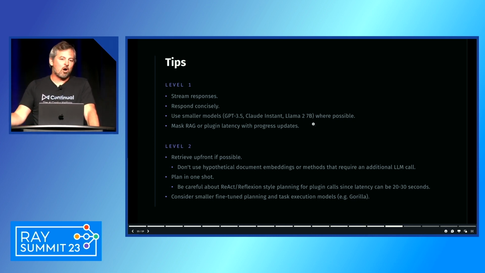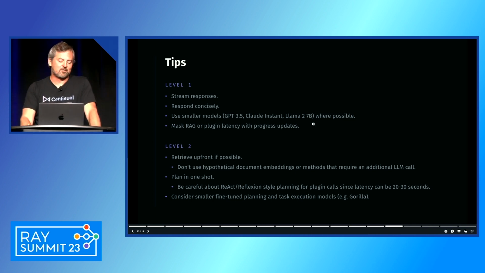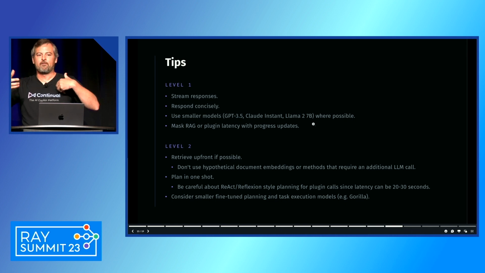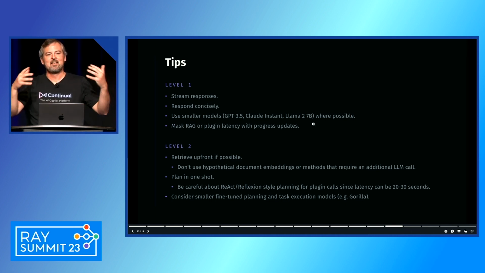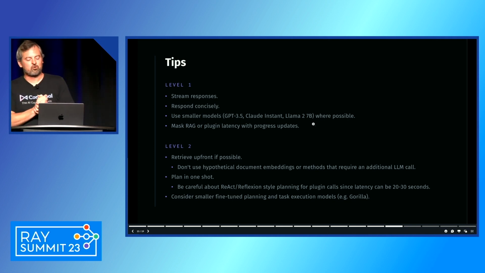If possible, also, if you are taking actions, try to do as much planning in one shot so you can plan and then start executing, right? If every time you plan an action, you have to wait for a while, that can really hurt the user experience. And so there's things like ReAct and Reflexion, which seem great, but again, although they improve performance and they say we improve GPT's performance by X, they introduce significant latency due to the way they reason. They often reflect over their process and what they're observing, first write out a bunch of tokens to reflect, and then respond. And every time you do that, that is latency, which again causes a trade-off with respect to